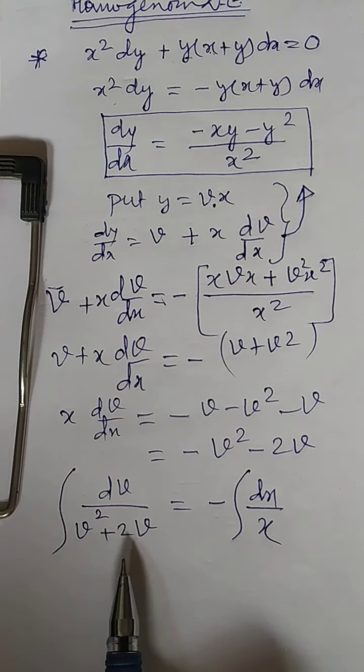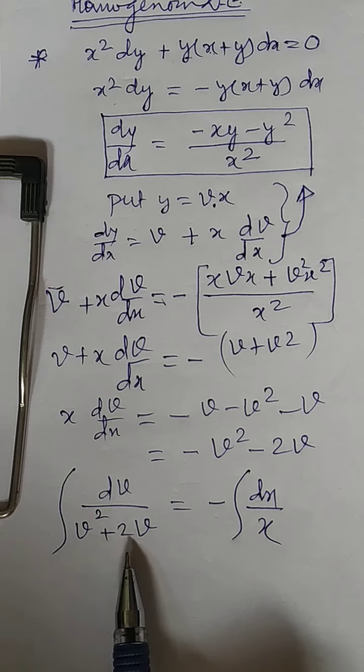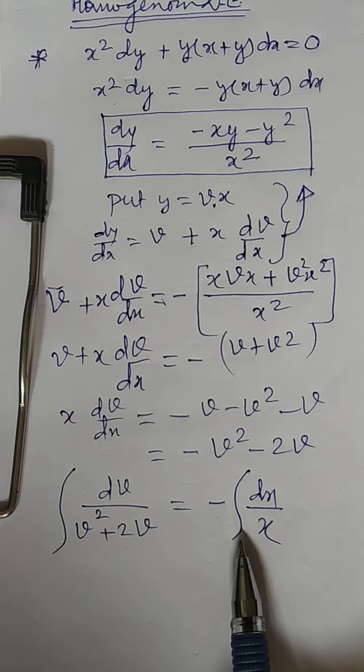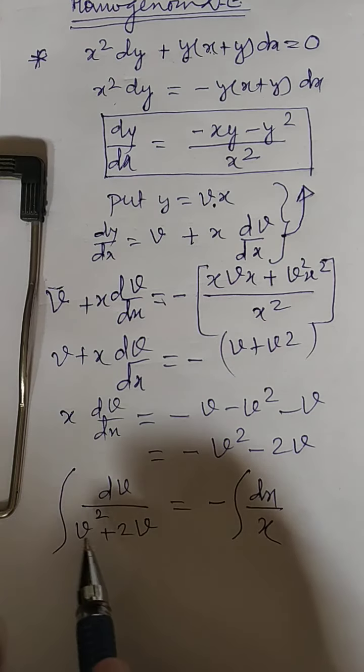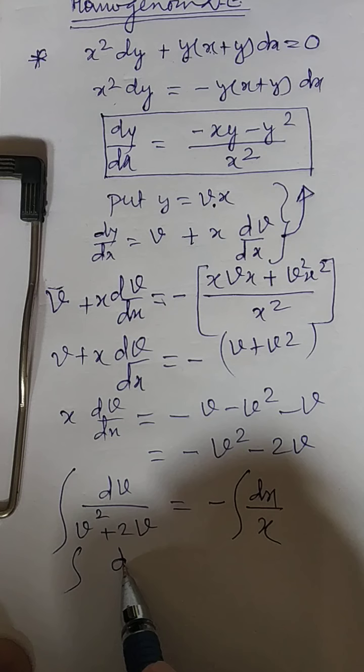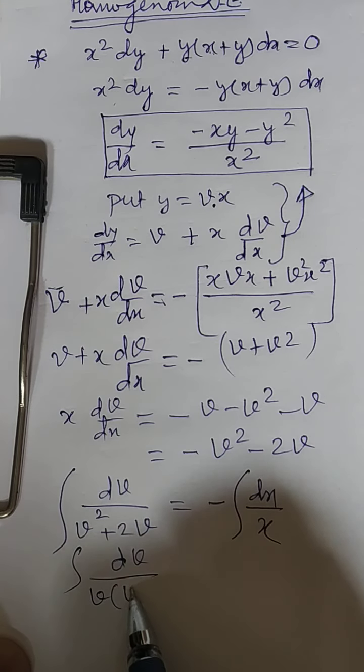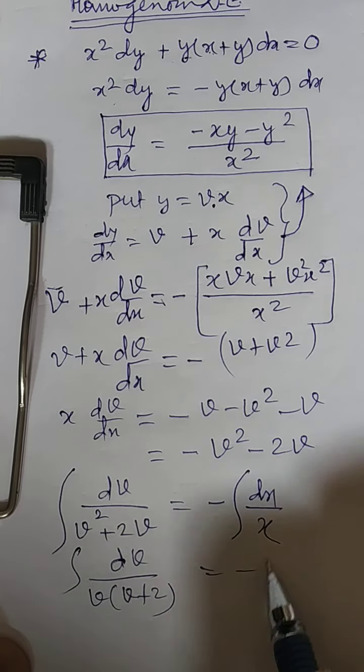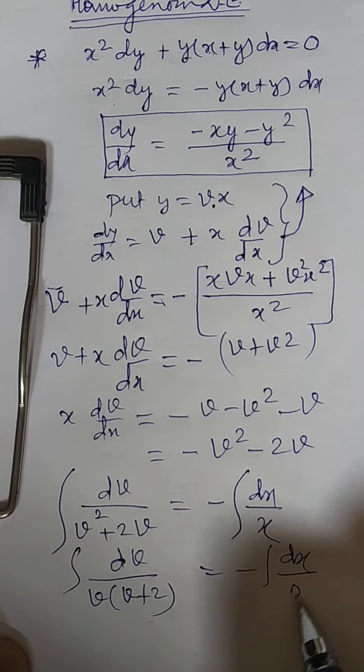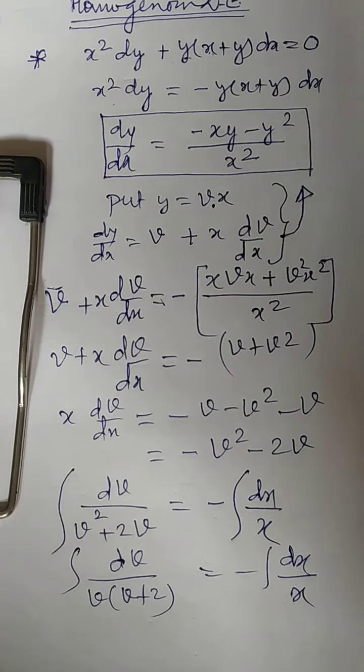There are two approaches. One can do the completing square method. V square plus 1, means half of this 1, add 1 minus 1. That is one way. Another student can think about, can I write this question as V over here, it will be V plus 2, and try to apply which method? Partial fraction. Just simplify at your end.